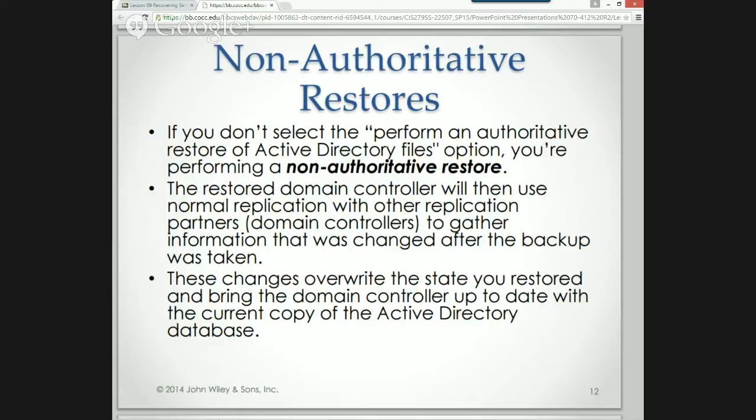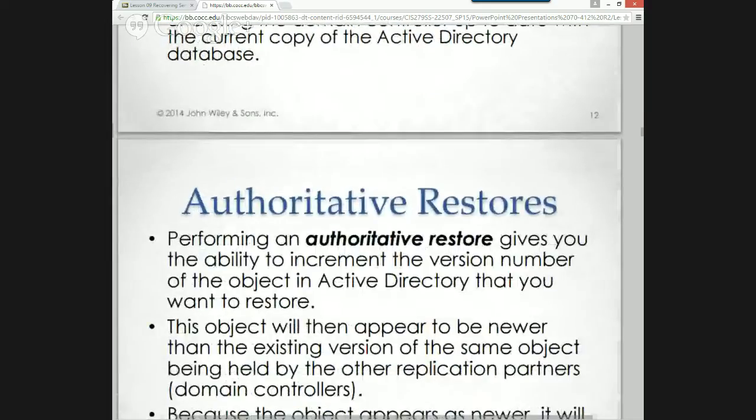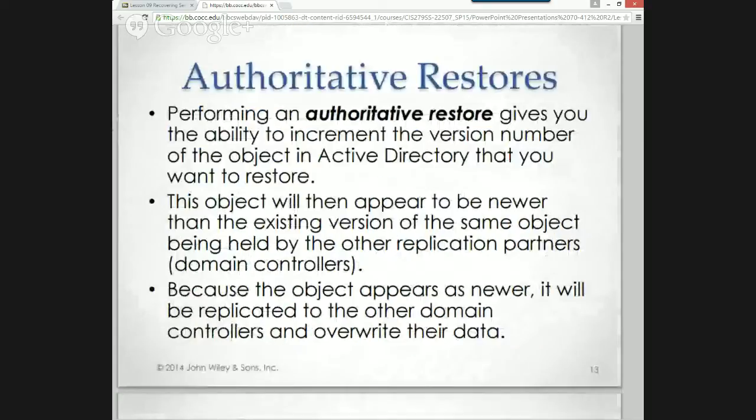That's an authoritative restore. It gives you the ability to increment the version number of the object. Again, the version may be last Tuesday's version, and I know that's what I want to restore to. All you other domain controllers, you now synchronize with me as it pertains to this change.